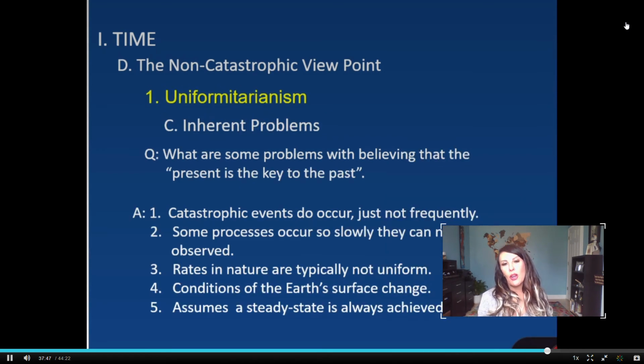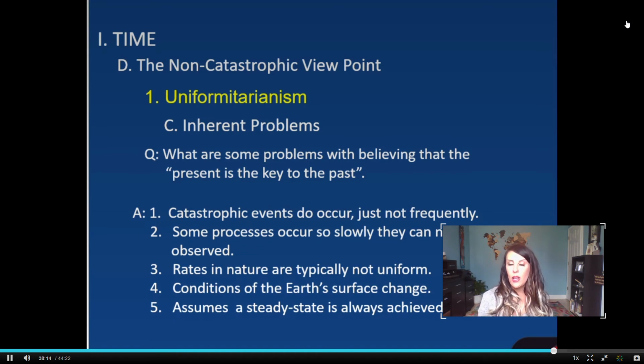And what we're going to notice is that this non-catastrophic viewpoint, also called uniformitarianism, has some problems. So what are some problems or challenges with believing that the present is the key to the past? Well, it's a little bit limiting, isn't it? So first of all,